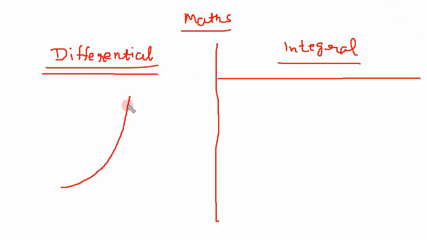Suppose this type of curve, this is still easy. If the curve is something like this, up and down and up and down, so what is the differential here? That we cannot do with our hands. So what do we use? Differential functions or differential formulae. So this is done with differential. Now integral, what is integral?